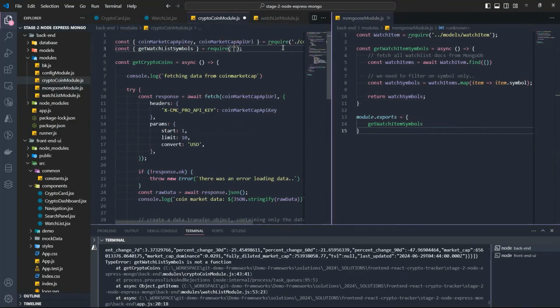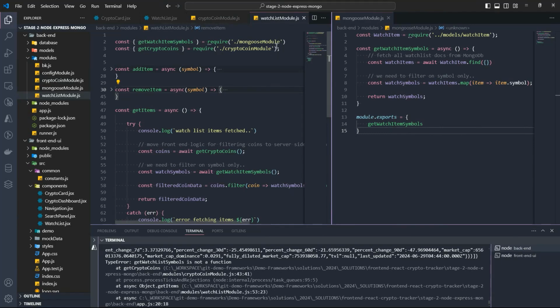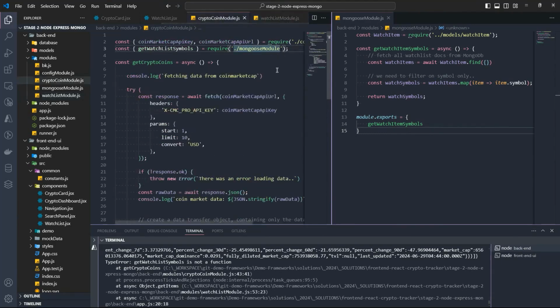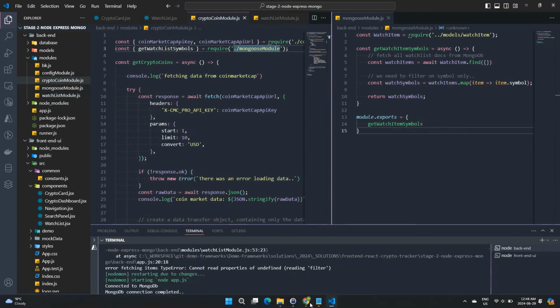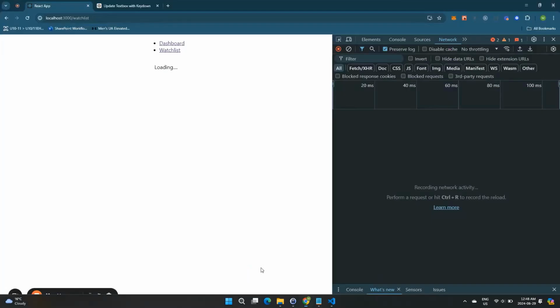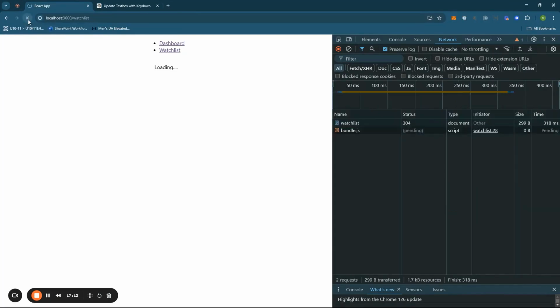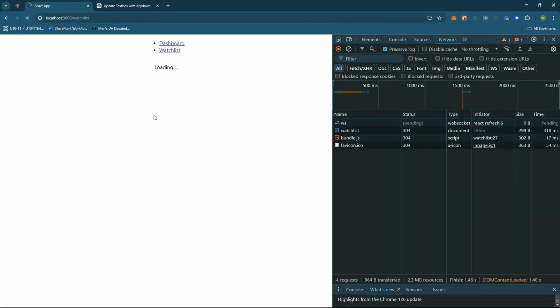Here was the mistake here. We moved that method to the Mongoose module. So we need to update this require method because it's no longer in here. So we're calling the Mongoose module directly now to get the list of symbols. And we didn't want to create a circular dependency in case our coin module was calling into our watchlist module